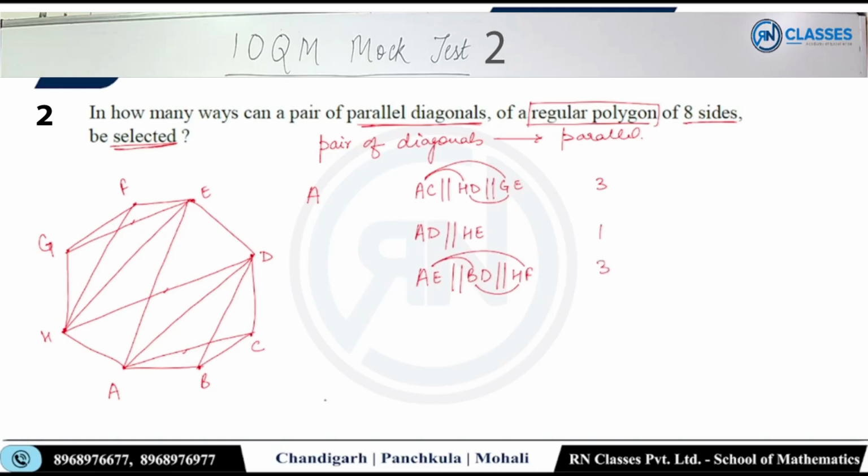AE तक चला गया, मैं AF पे भी चला जाता हूं. AF पैरेलल ढूंढना है तो यही होगा, BE. AF is parallel to BE. अभी मैं A से ही लगा हुआ हूं निकालने के लिए, ठीक है, 1 ये भी हो गया. अगर मैं AG निकाल लूं, ठीक है, तो कौन सा होगा, BF